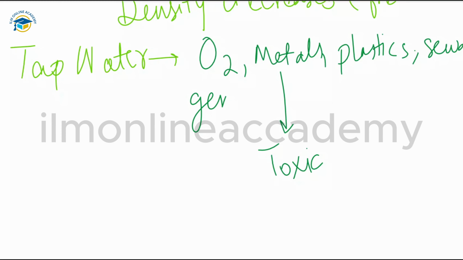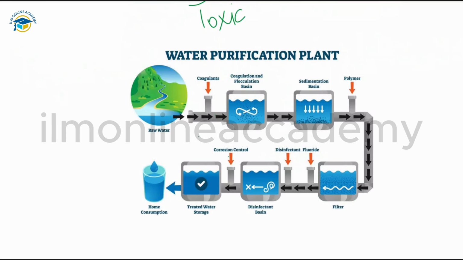So we need to treat the water so that we can remove the harmful substances and make it drinkable, or potable. This is the water purification plant purifying the water for the domestic water supply. Tap water, the domestic water supply to our houses, undergoes several purification steps from the point it is collected to the point it is delivered. In many countries, domestic water is taken from lakes and rivers.